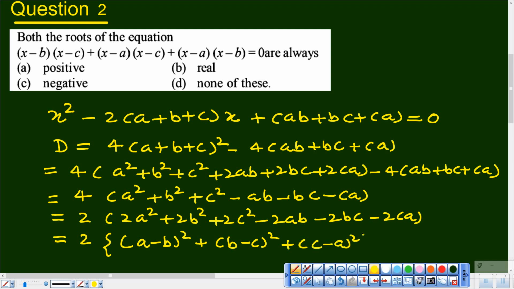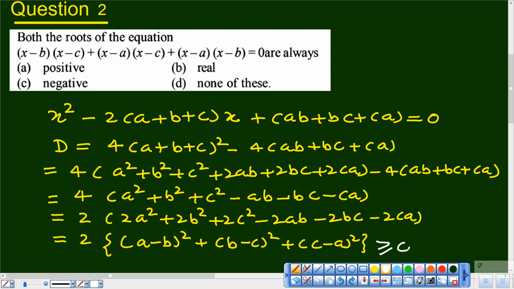You can pause the video and check out how it happens. Now you can see that the bracket consists of the sum of the squares of real numbers, and mind it, these bracket differences can become 0. All of them can become 0 when A is equal to B is equal to C. This may be one of the cases. That's why all may be 0. And thus, the quantity inside the bracket can be said to be greater than or equal to 0.